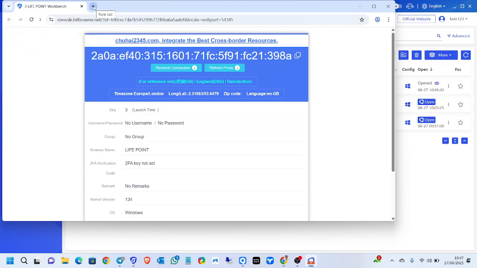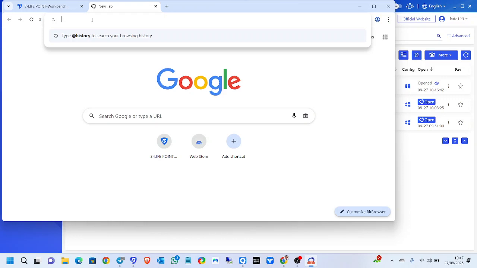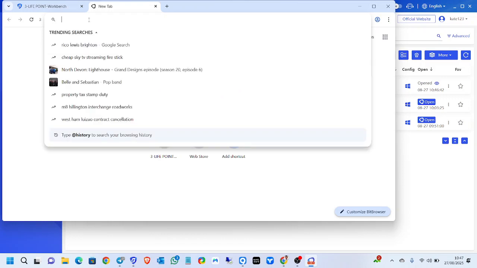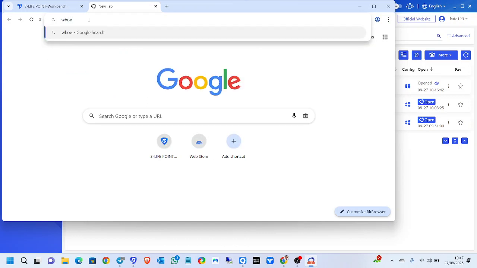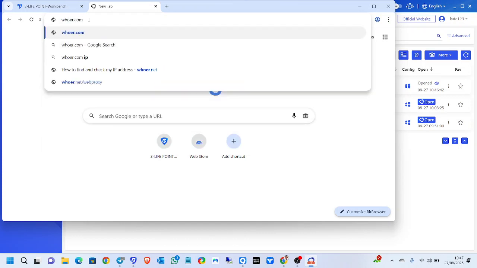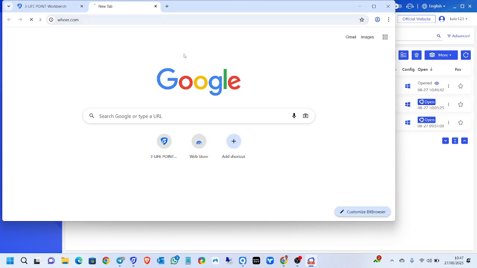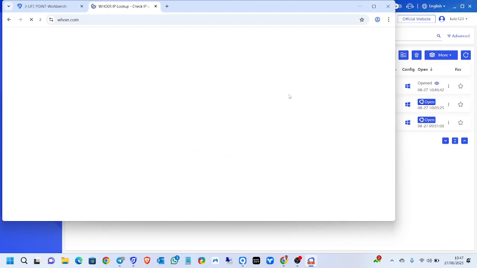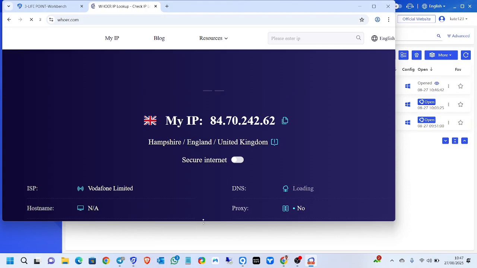So let me now check the anonymity, to see if it corresponds with what I have on my NineProxy manager. Let me first of all go to word.com. My network is kind of slow. All right, on word.com,